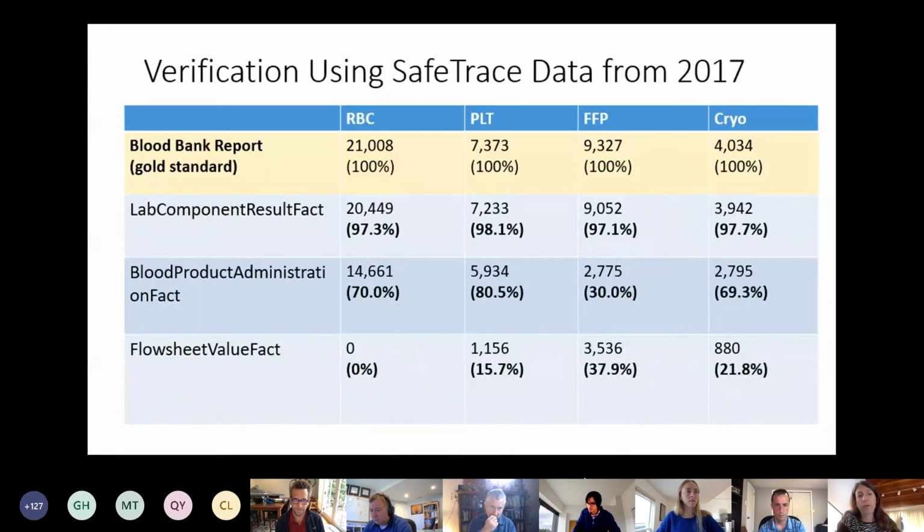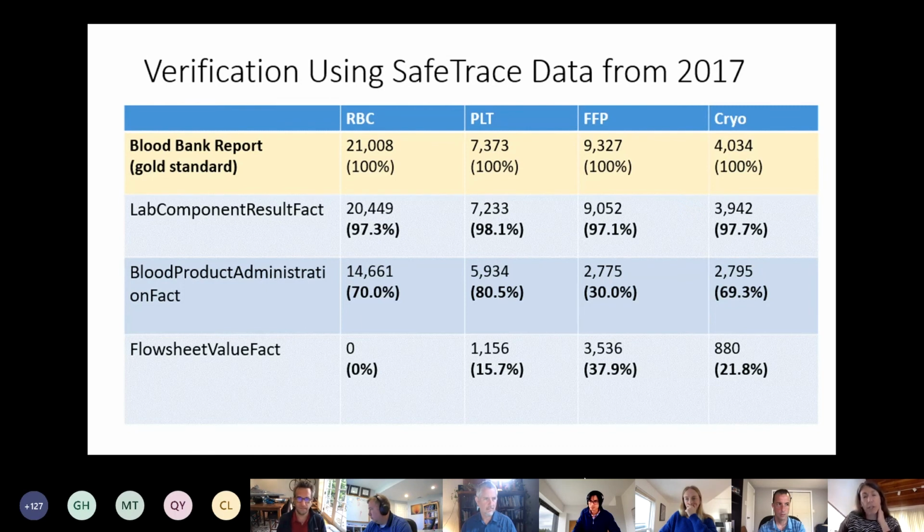So we also went back and took our blood bank report and a time period where we had complete information, and this was 2017. It's actually not easy to query the blood bank database. You can't just go in and do SQL queries and manipulate and get what you want. You can get some preset reports, or you have to make a special request to the folks who developed the blood bank, who might be able to do something for you. So you pretty much have to use what you have.